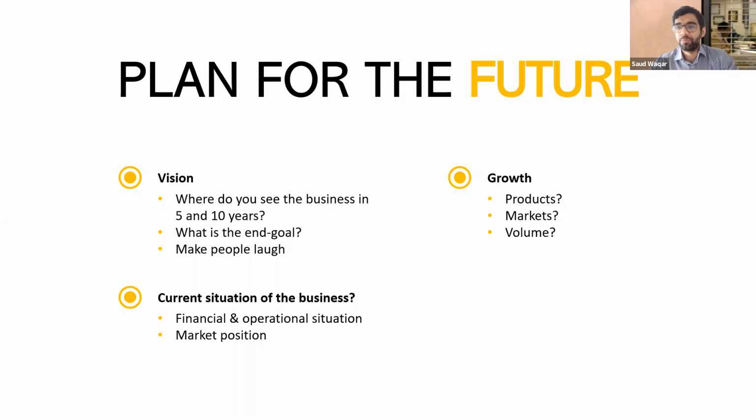Secondly, operations. Your product, is it getting to the customers on time? Is it the quality you want it to be? Are customers liking it? Is production smooth? Or if it's a service, is provision smooth? Once your financials and operations are good, there are no complaints from those things, then you can think about growing your business. Second thing, the market position. How much market share you have, how many customers you have, what is their satisfaction level. Once you know these things, you know where your business stands and where it has to improve, and then you can determine what kind of growth you want to go towards.